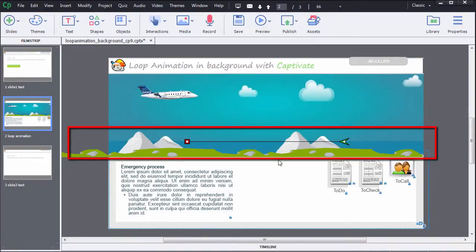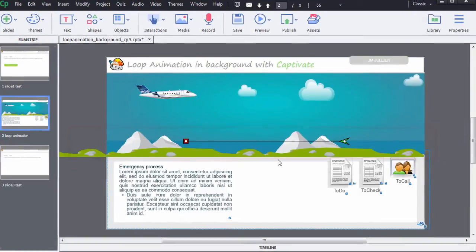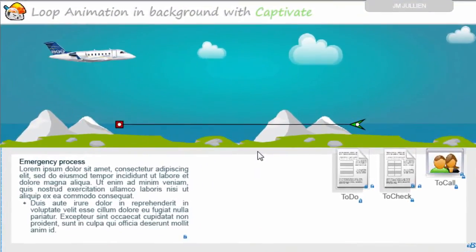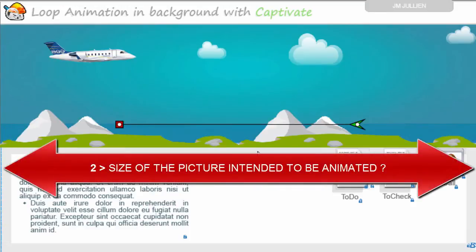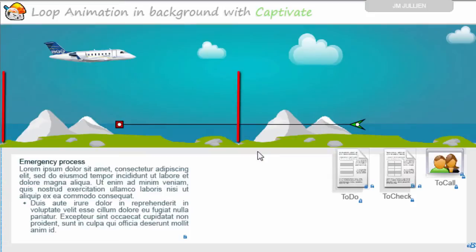And when we want to create a loop animation, the bigger difficulty is the design and setup of this picture. Why? Firstly, because the end and the beginning of this picture must be consistent and relatively the same from a visual point of view. Both must match. Otherwise, you will get visual skips and the loop animation won't work. The second difficulty is the size of this picture. What size can we define? If we use a too small picture or a size that doesn't respect visual cycles as we do in cartoons, it also won't work.